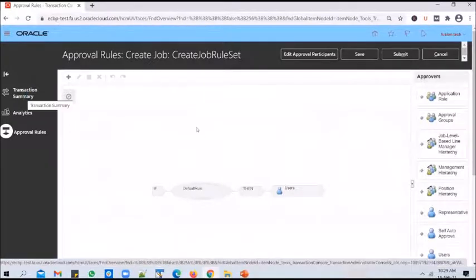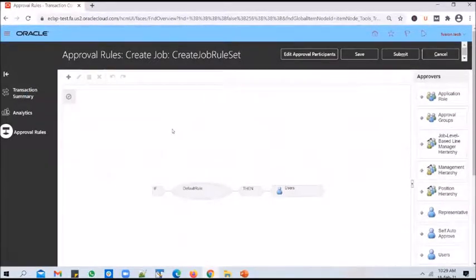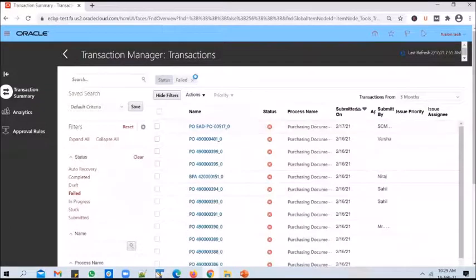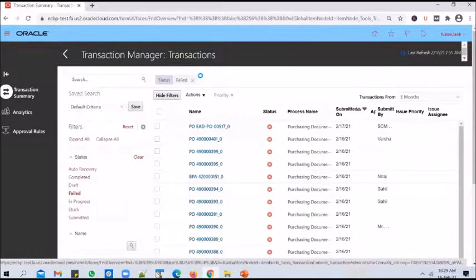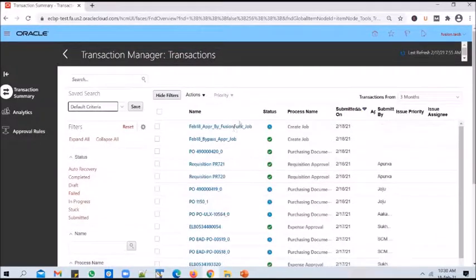I can go into the transaction summary screen to see where the request is pending. I can take out this default failed filter, and you will be able to see the job that you have created. It takes a little bit of time for the approval to be populated.